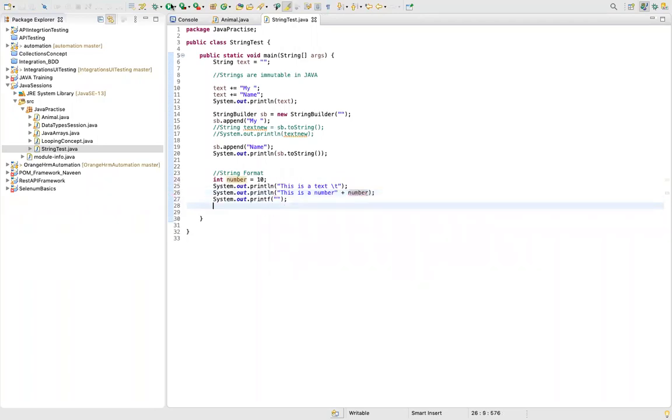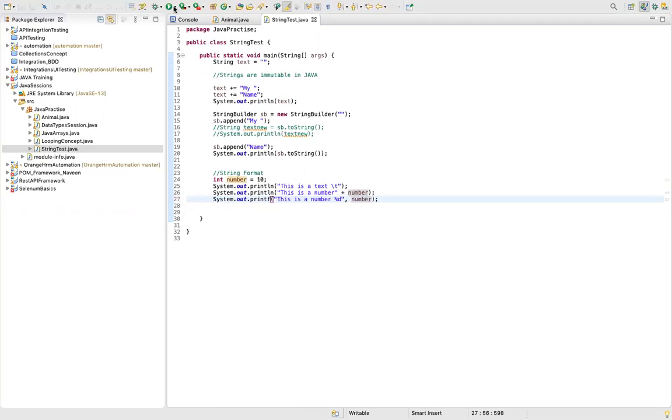Okay, so when I print this, this is the number 10, right? And the other method of doing this is, I'll say, okay, this is a number, and I want to print a number over here, right? So I'll say %d. Okay, I'll say %d, and then I'll specify number.